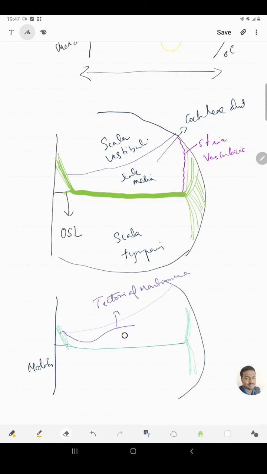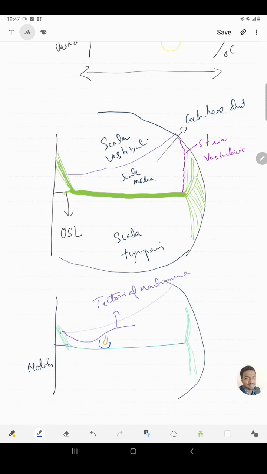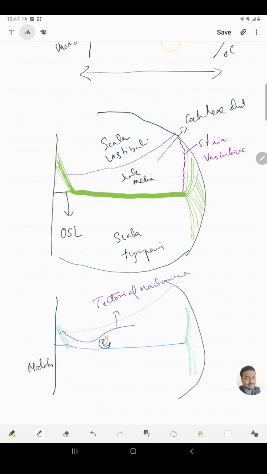Now we have constructed this inner hair cell, flask shape. Now it has to get supported, and for the support there are supporting cells like this. It is getting supported here, and next we'll draw the outer hair cells. These outer hair cells are in 3 to 4 rows, right? And we know all the hair cells are attached to that tectorial membrane. So we'll draw like this. We'll now draw just 3 rows of hair cells. Between these outer and inner hair cells, we'll now draw a tunnel, and this tunnel is the tunnel of Corti.